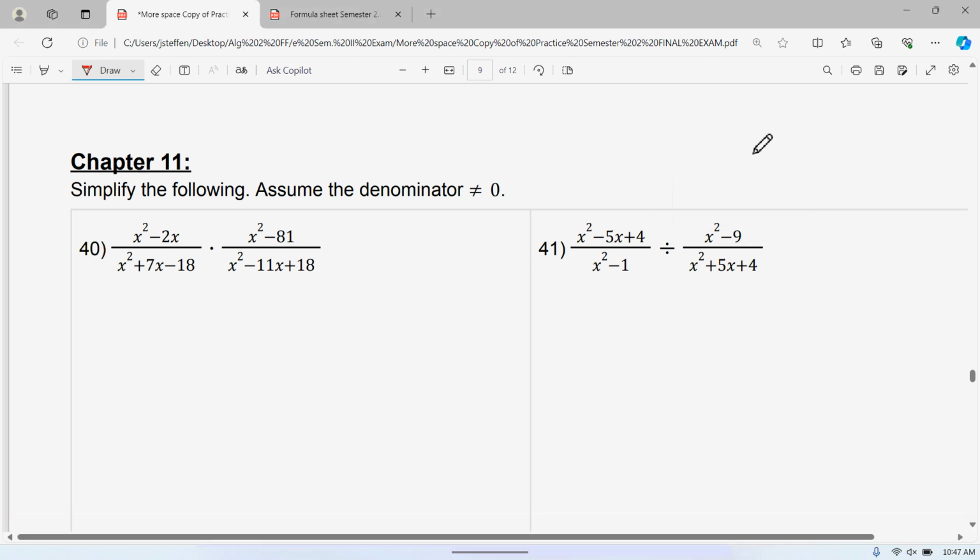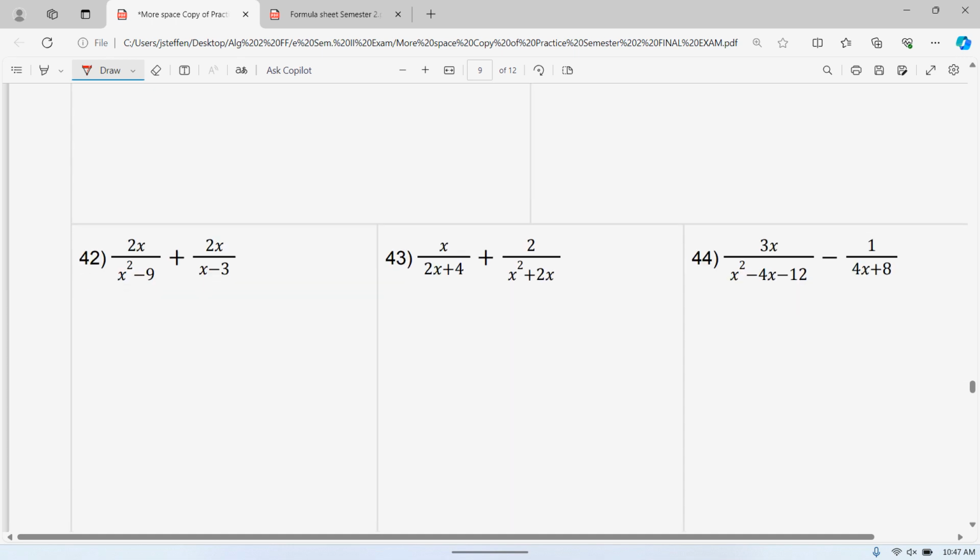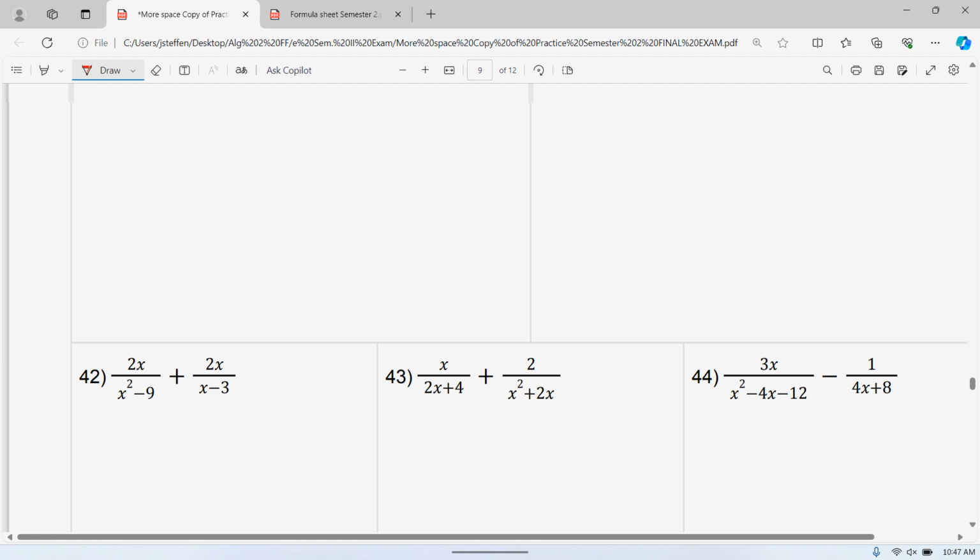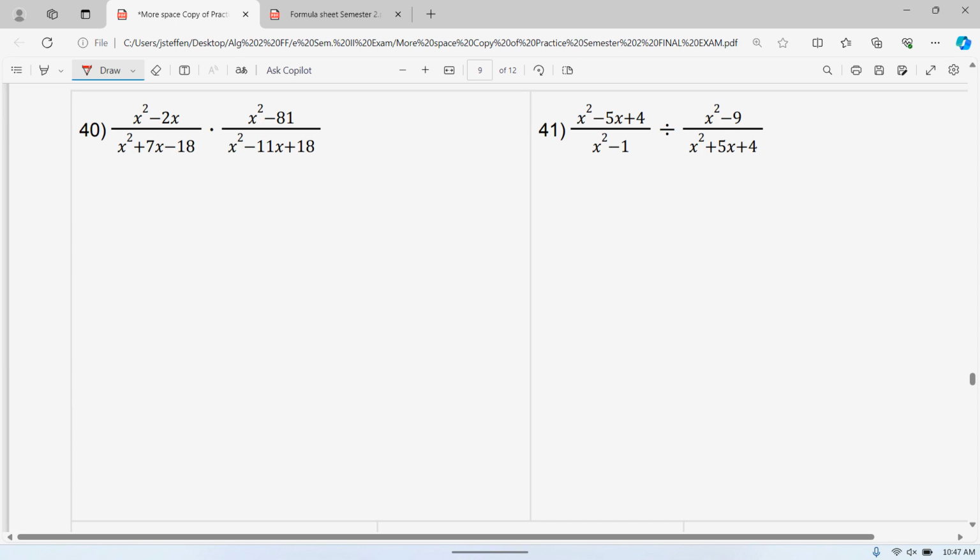This is the last part of the final exam practice. So this is chapters 11 and 12. Okay, so chapter 11 is